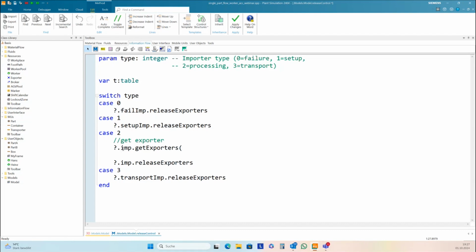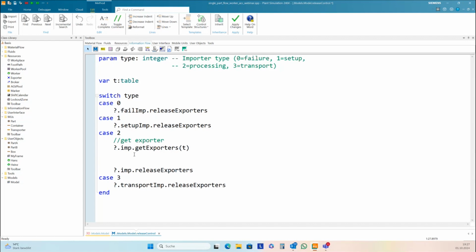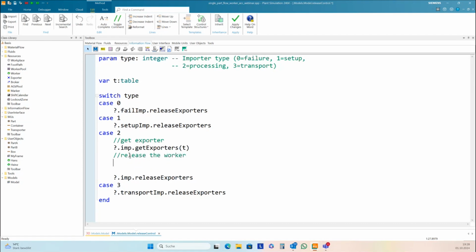With question mark imp get exporters, I can read all exporters that are exported here by the importer, and should be only one. I need to release the worker here. It's T11.0.